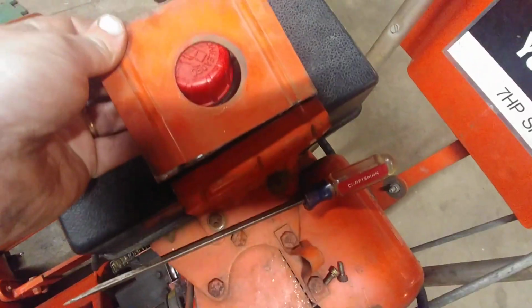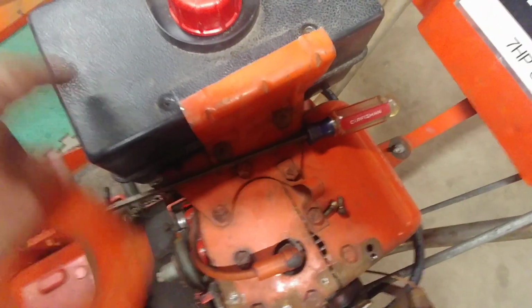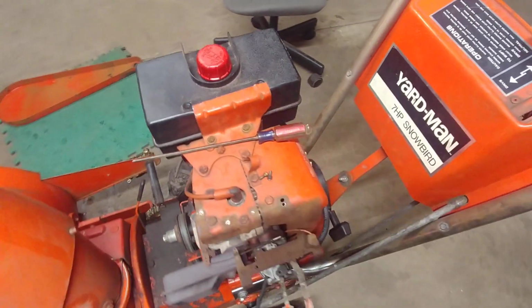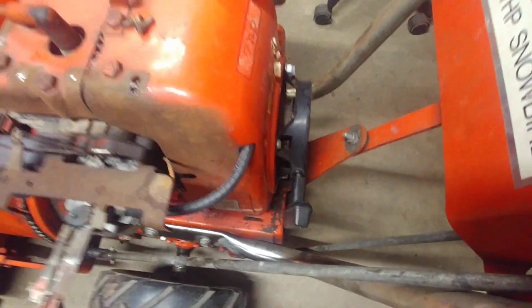I don't have any tanks like that around with good bungs in them anyway. So this was on there like that to hold the other tank on. So I have this tank and I had to cut this part off to make that work. And then I put a new gas line on. Was it 3/16, I think? Now,